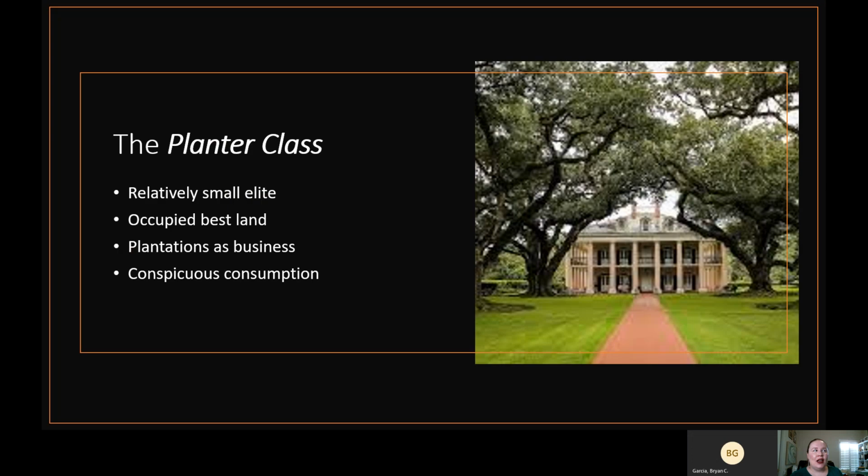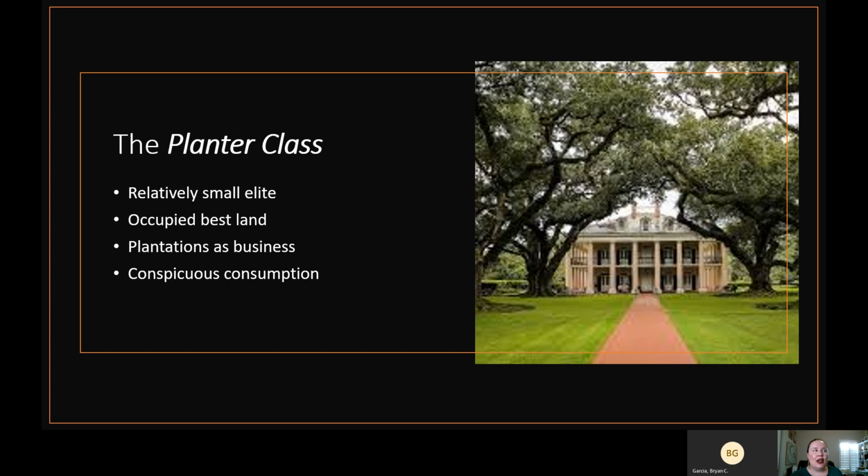So the explosion of cotton in the South creates this very elite class of planters. And when I say elite, I do mean elite. There's not very many people that would classify as a planter. In order to be considered a planter, you had to own more than 20 slaves. And again, because slaves are really expensive, that's a pretty significant investment. So you had to have money. Only about 40,000 families in the South would have met this criterion.